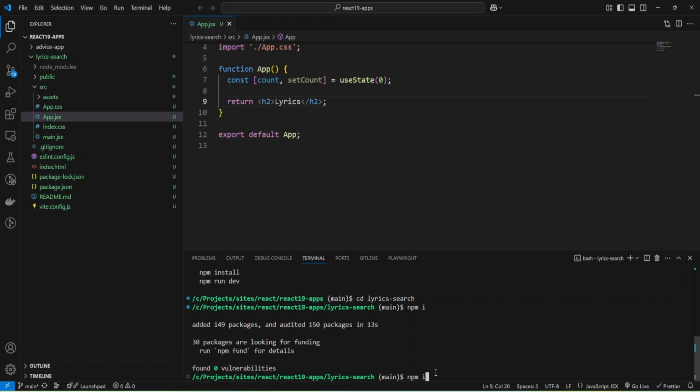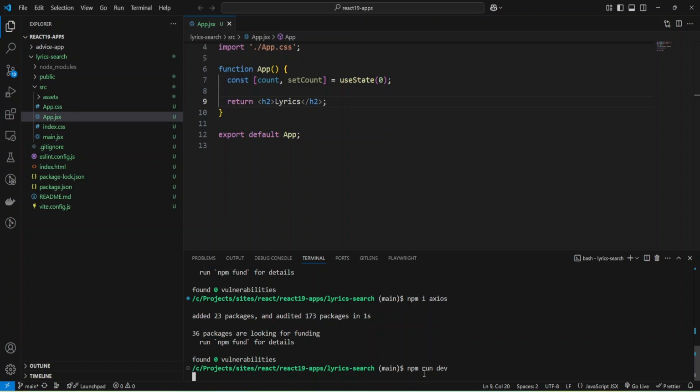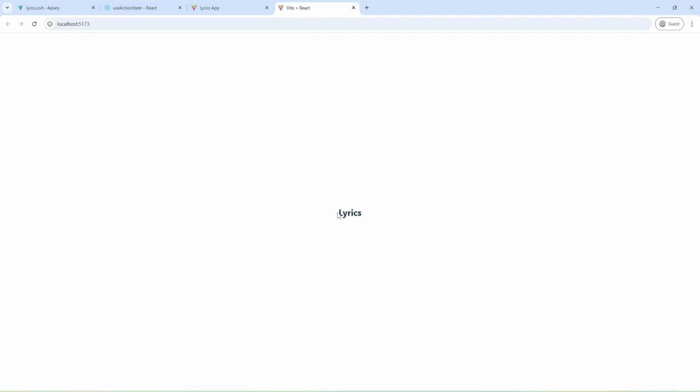I'm going to install the Axios dependency, and I'll use it to make API calls. Okay, and now I can start my dev server with the command npm run dev and open my project in the browser.